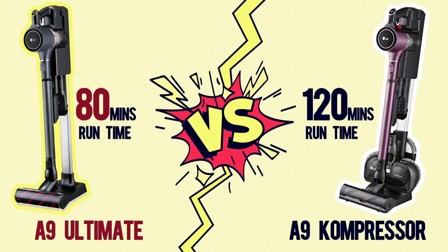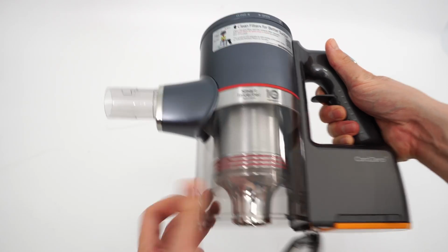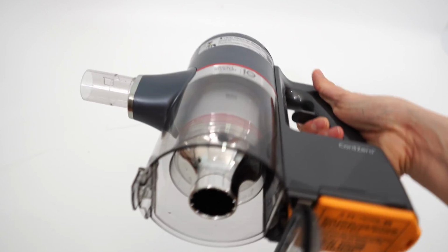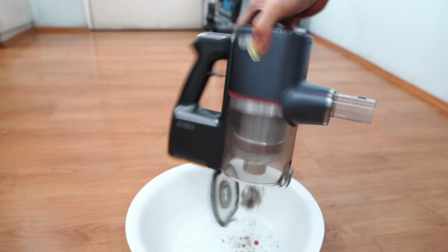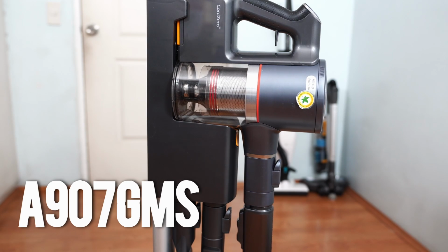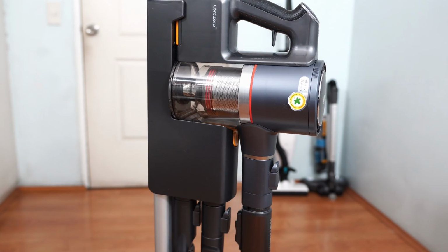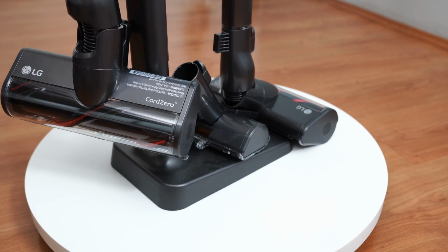The A9 Ultimate uses a smaller capacity battery, so runtime is shorter at 80 minutes from the two batteries. It ran a bit further at around 43 minutes in my tests per battery, bringing the total to 86 minutes from both batteries. This model only has a standard dustbin, without the compressor lever, so dirt volume is compromised at only 0.39 liters. The model I have is the A9 Ultimate, model number A907GMS, and the reason why I